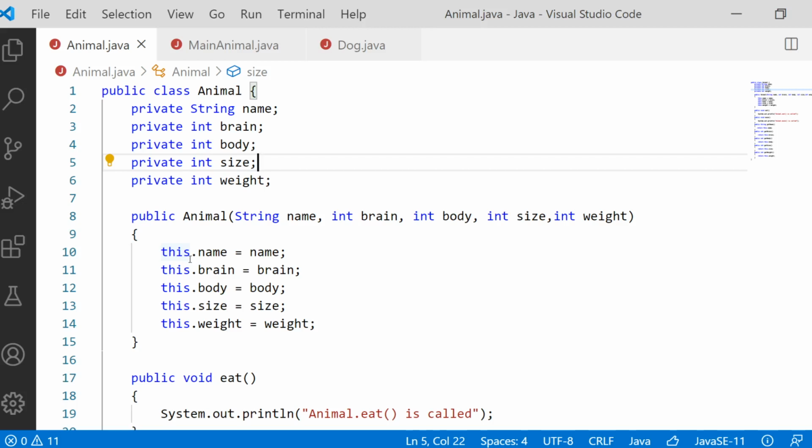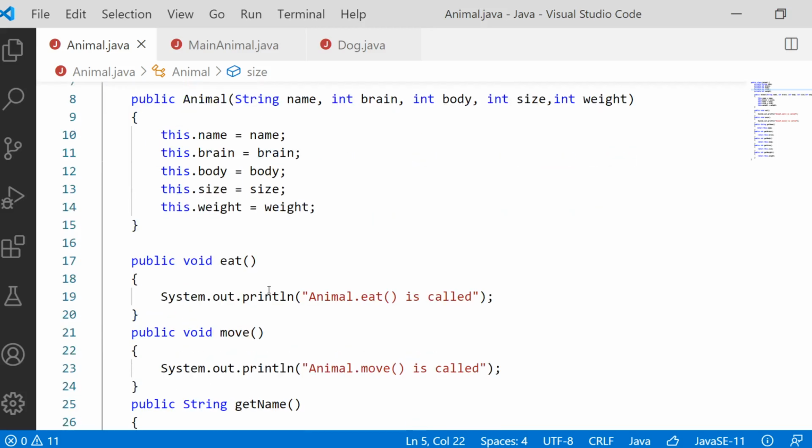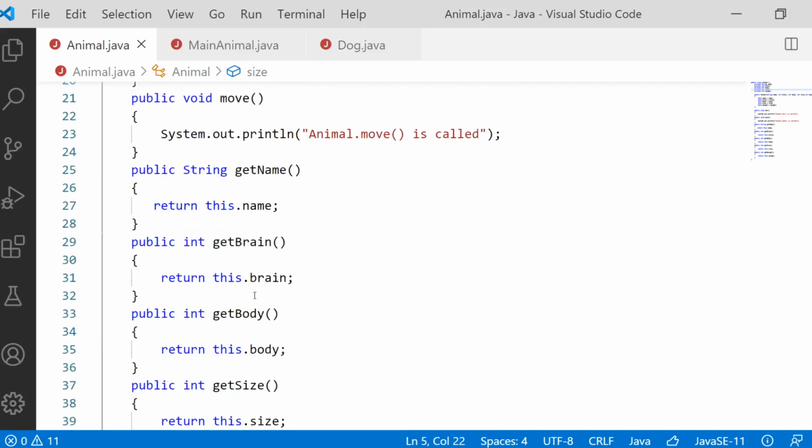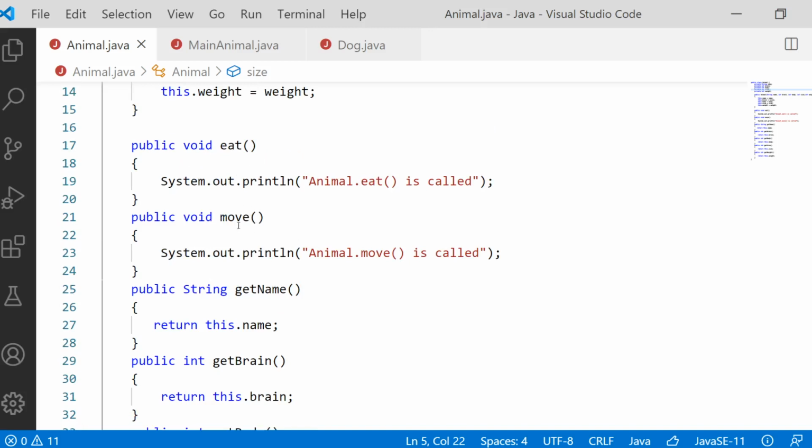Okay, fine. Then we took several methods, and the 2 important methods we took are eat and move. Every animal will eat and every animal will move.